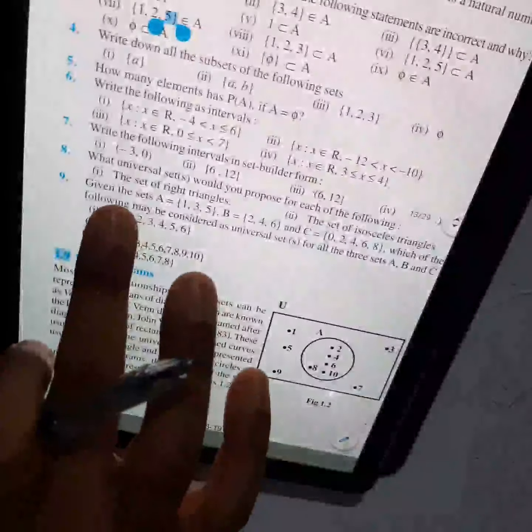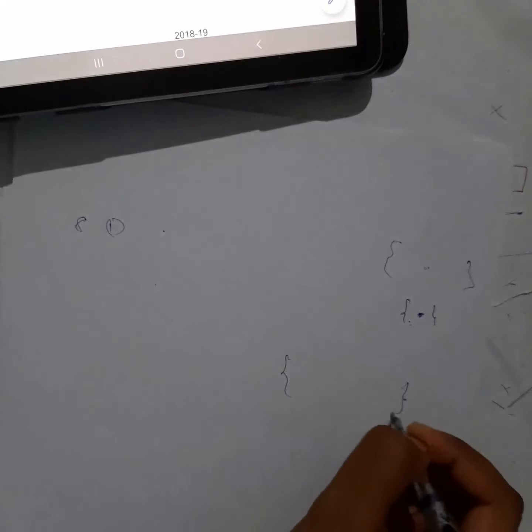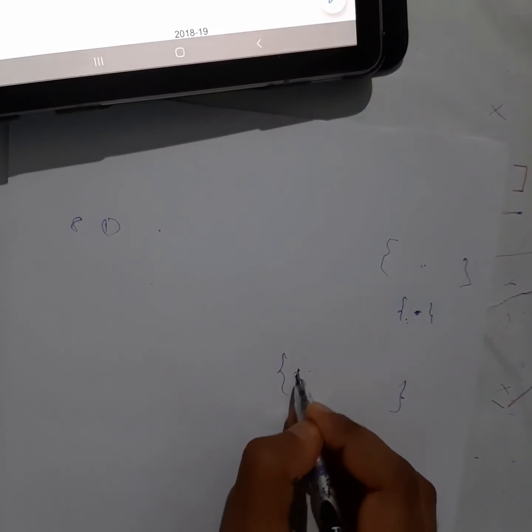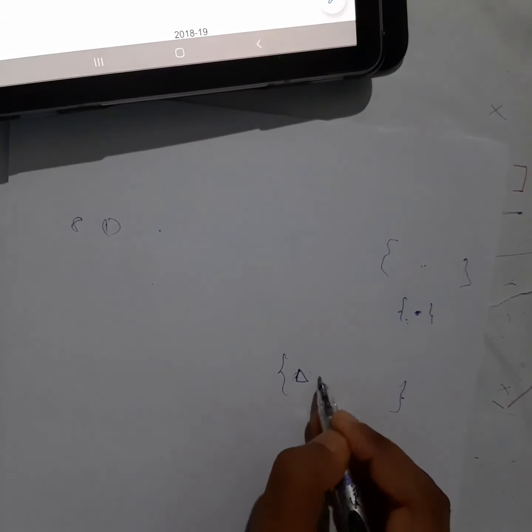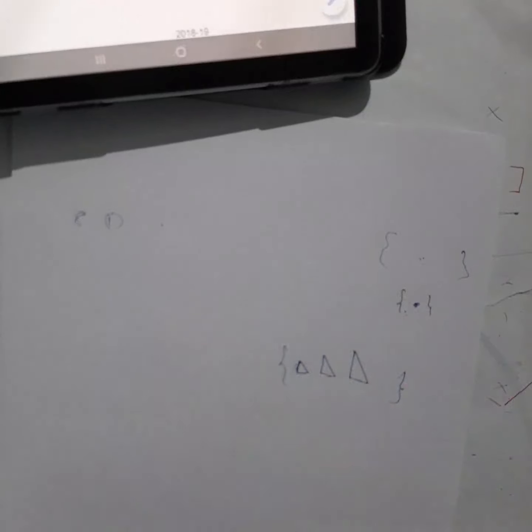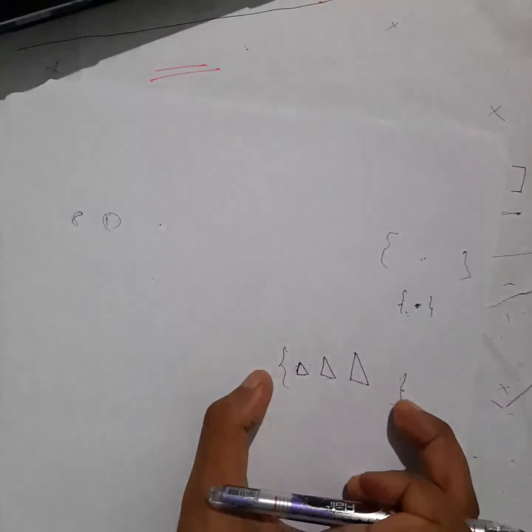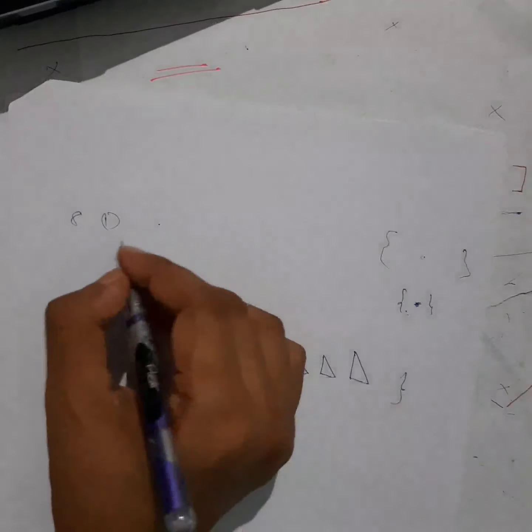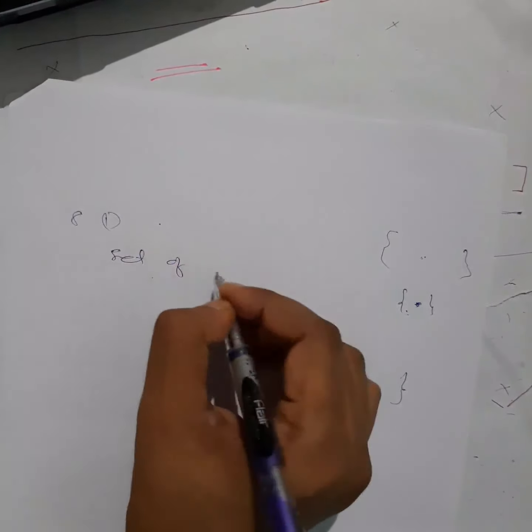They have given a set here, the set of right angles. Means there is a set in which the elements are right angles. Now right angles means every size of right angle is there in this set, whatever right angle exists, all right angles are supposed to be in this set. Now bigger than this set, what set can you propose? Can I say the set of all triangles?